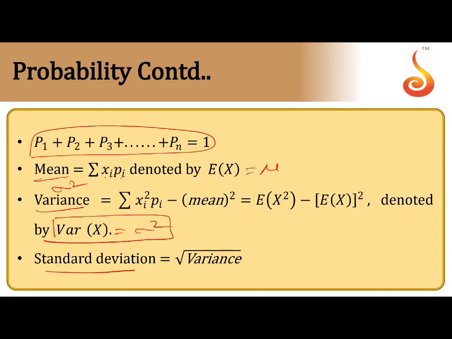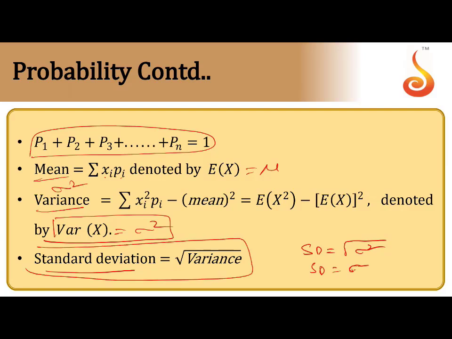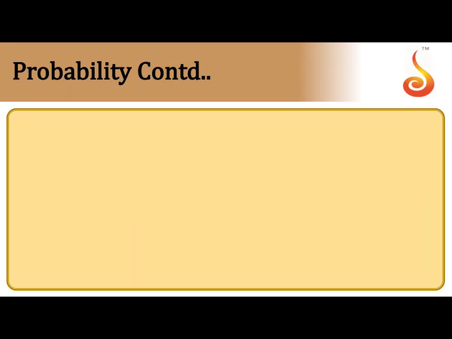Now what is standard deviation? SD is equal to the root of the variance, the root of sigma square. So SD equals sigma, that means the root of the variance only. I hope you understand: standard deviation is nothing but the root of variance. Clear? So how to find the mean? You know, sigma xi into p of xi, that is the sum of the elements of x times the corresponding probabilities, equal to the mean. And the variance formula, this one you have to remember. And SD is the root of variance. These are most important for solving CET and mains exams. I hope that is clear.